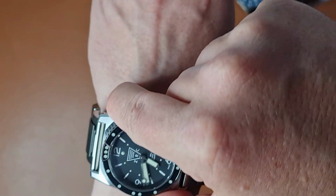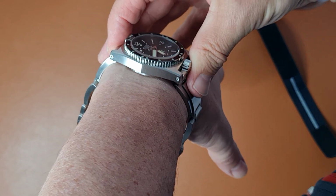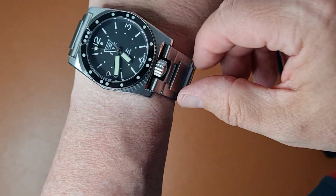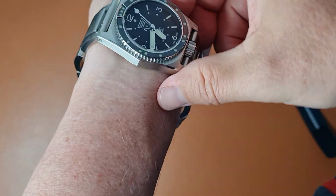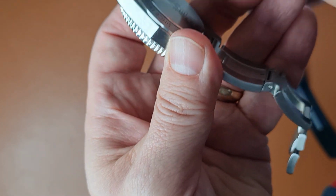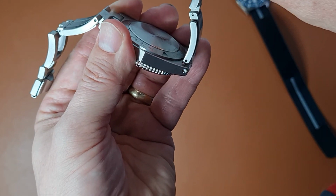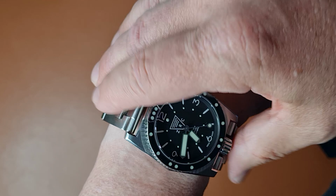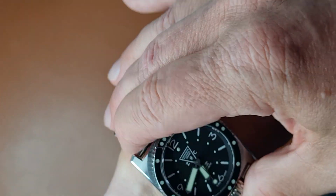What might strike some users is that since the shape of the case is quite flat and the lug to lug is not the shortest one, I'll measure it for you in a second, it might wear a bit awkwardly. But I like a bigger one, and this bracelet just goes right down from the case, so it wears really comfortably, at least for me. Depending on your shape of the wrist, it might rock a little bit on top of the wrist if it's quite rounded, but mine's a bit flat, and I usually wear the watch either in front or behind the collarbone,